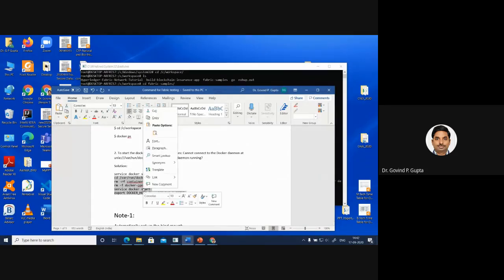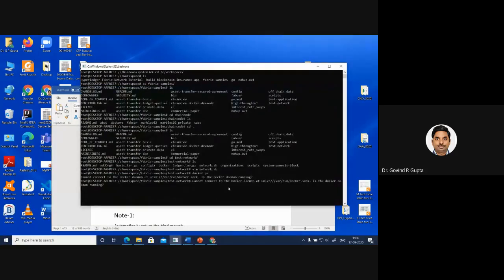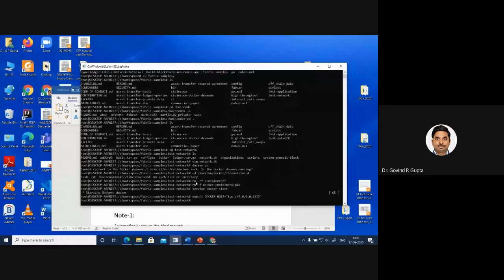Since I have already come across these kinds of errors, I have listed the solution. This error, can't connect to the Docker daemon, is the Docker daemon running, appears many times, because by default Docker is not available for execution. Now it is successfully set.